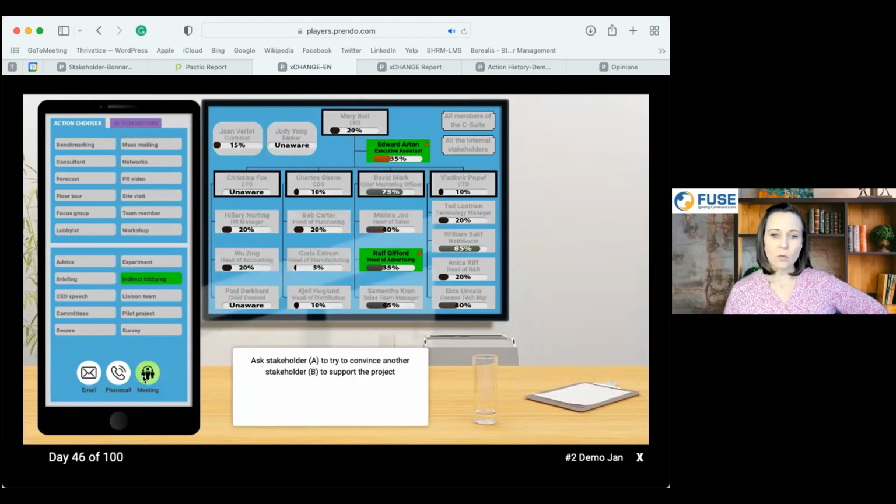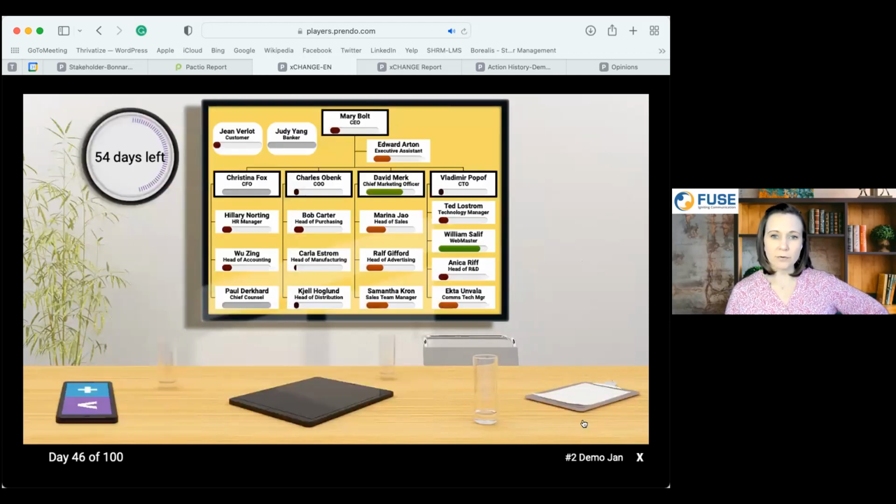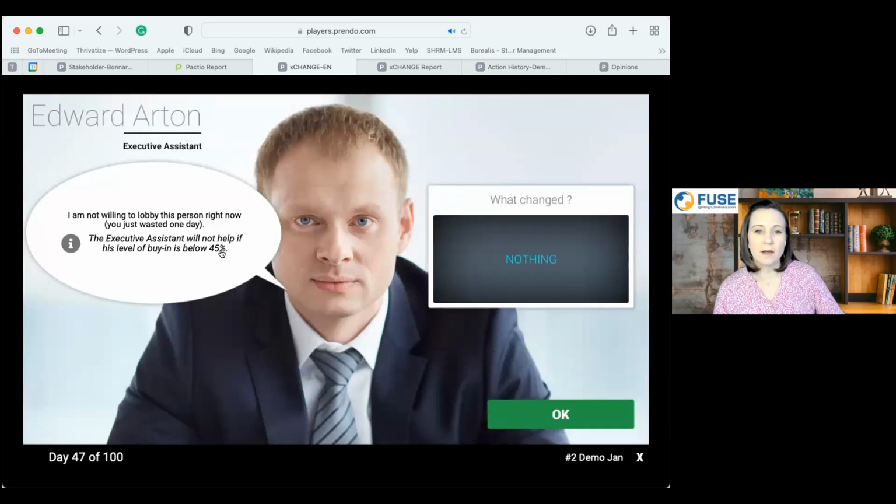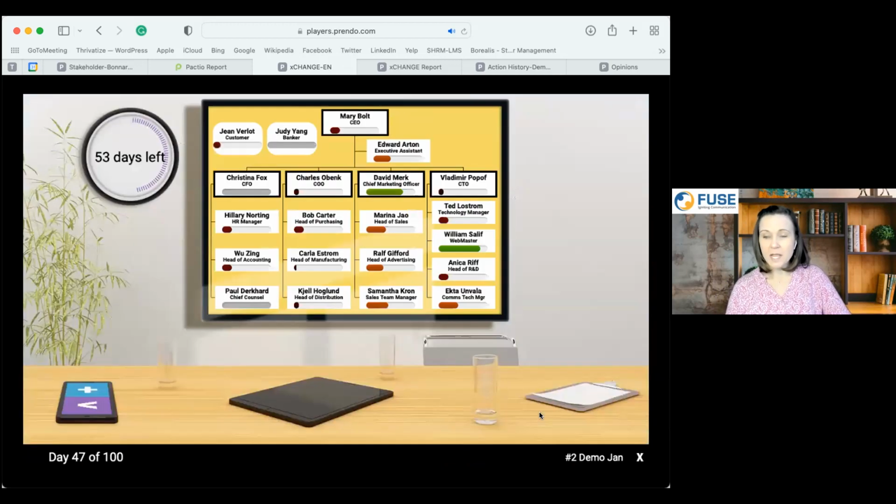And so we could choose to do it as a meeting or a phone call or email. We hit confirm, and it takes down one of our days from 54 to 53. I'm not willing to lobby this person right now. Ooh, because we shouldn't have asked him to do that because his buy-in was below 45%. Oops. So that's one of those things that actually will have been a waste of a day of our time, right? But instead, maybe we could use one of these other people who are in the green already and ask